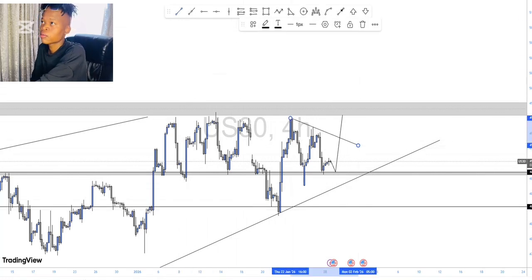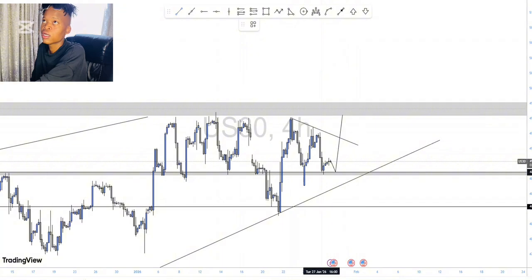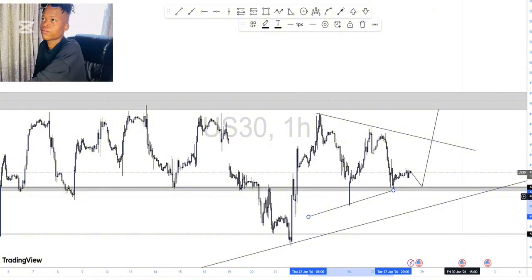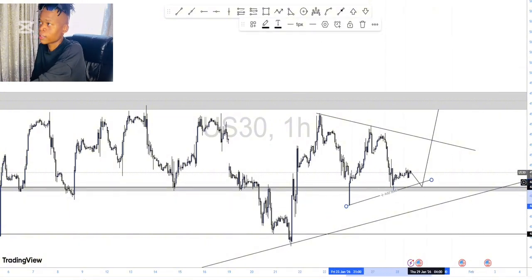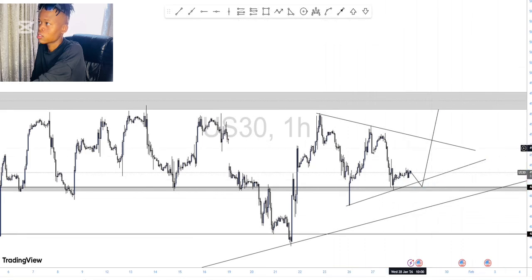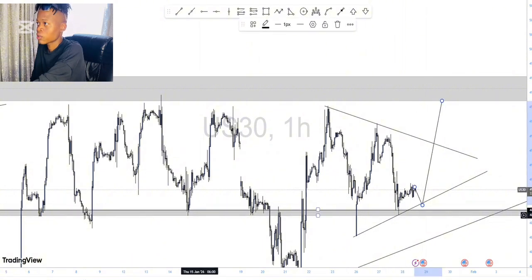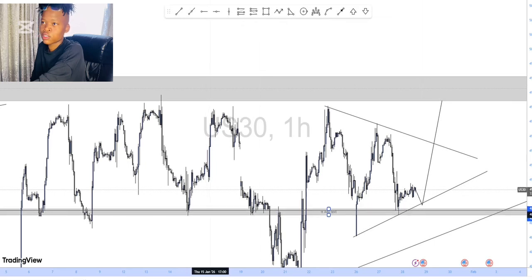So yeah, from there I'm just gonna identify this point here. I'm just gonna identify also this point here. Let's see if it's gonna be a proper one. Okay, let's switch to hourly time frame. Yeah, it's going to be a proper one, proper trend line here. Yeah, because we can see based on the touches, this trend line literally makes sense, you understand? So we're just gonna have to touch to this point in order for us to start pushing to the top,